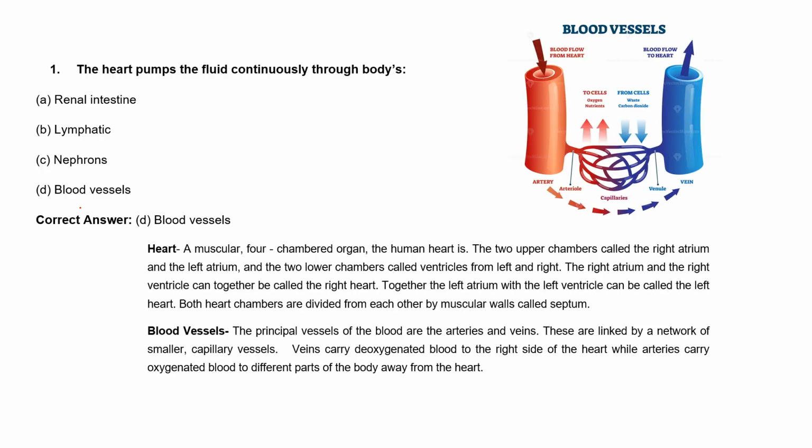Let's see what the answer for this question is. The right answer for this is option D, that is blood vessels. So what is this heart? First, let's see. The heart is a muscular four-chambered organ, and the two upper chambers we call the right atrium